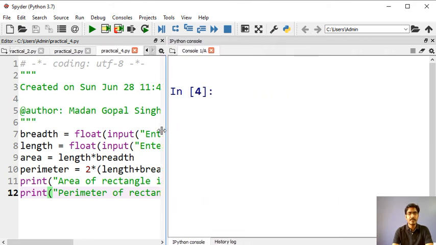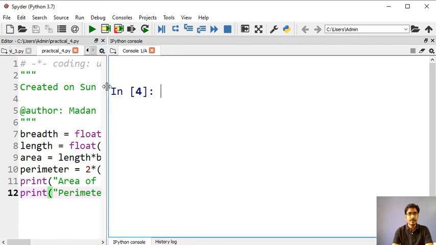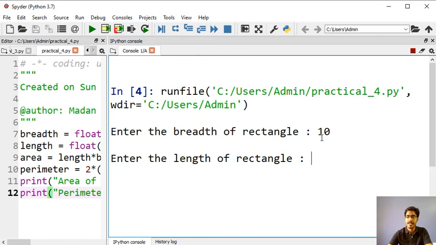Now, to run this program, we will simply click on this run button. So I am running it. Let's suppose I am giving the breadth as 10 meter, and the rectangle length as, let's suppose, 10 meter.